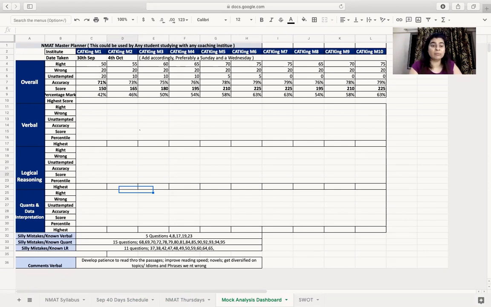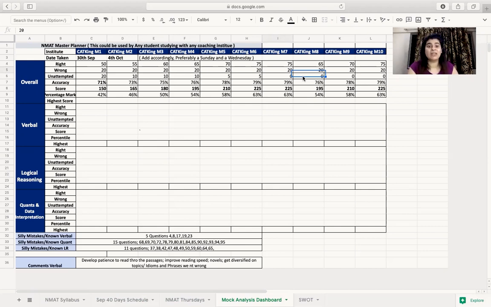How many right, how many wrong, how many unattempted, and then make your accuracy chart. Your objective is, towards the end, you have to make sure your unattempted is reduced to 0, because we have to make sure it's an adaptive test. We don't skip out questions. Okay? So unattempted ko 0 pe pahunchna hai.